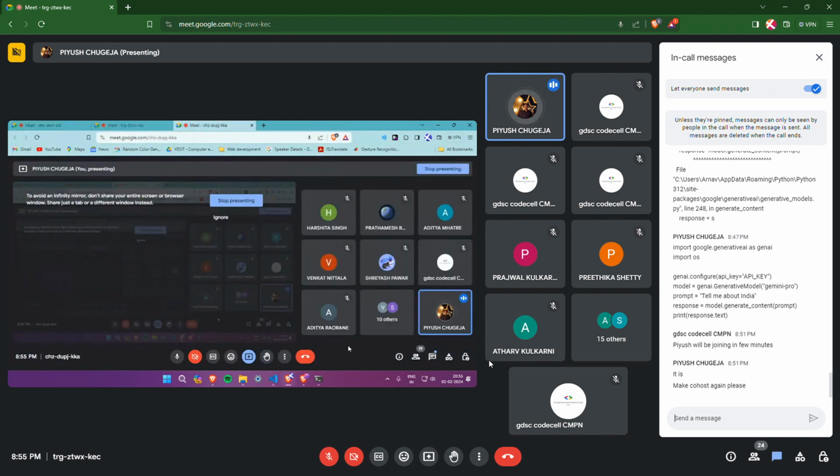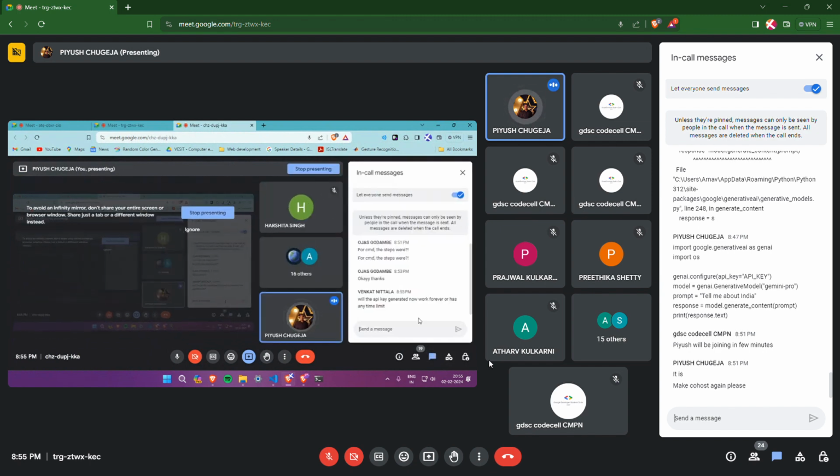Will the API key work forever or does it have a time limit? Venkat, as of now, it will work as long as Google lets you access the API for free. गूगल ने अगर ये एपीआई को पेड बना दिया तो अगर आप पेमेंट करते हो तो yes it will work forever, otherwise it won't. It doesn't have a time limit just yet. I've been using it for 2 months and there have been no issues.